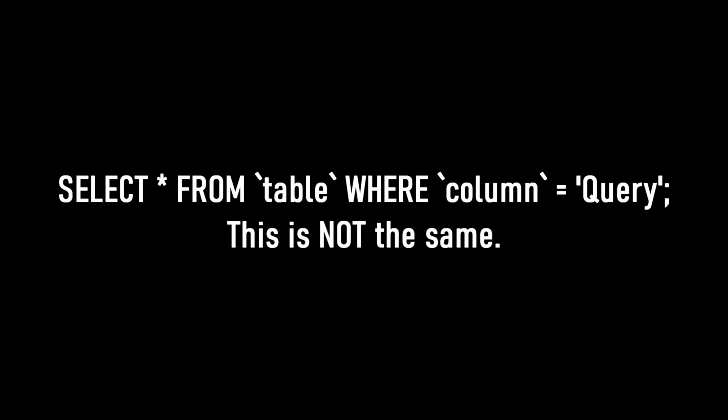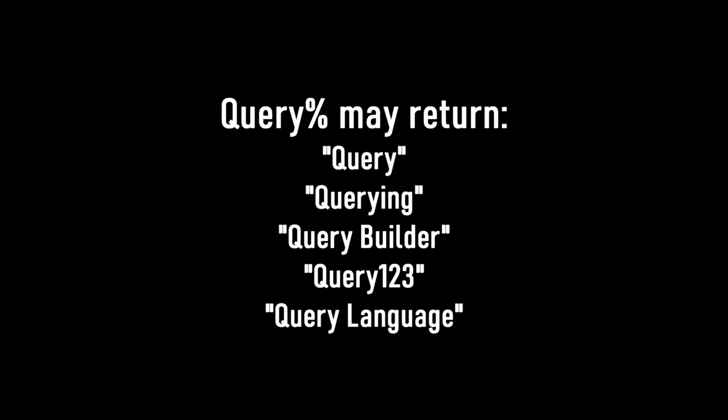Searching for something using a search engine usually produces a query like so in the backend. This is where it gets interesting because such a query is not looking for an exact match, but instead it's asking the database to find every value that begins with the text that was provided. The percentage symbol is a wildcard. It tells your database that you are searching for anything that begins with the word query, and the same goes